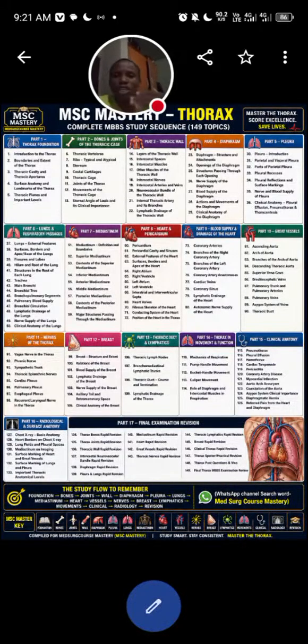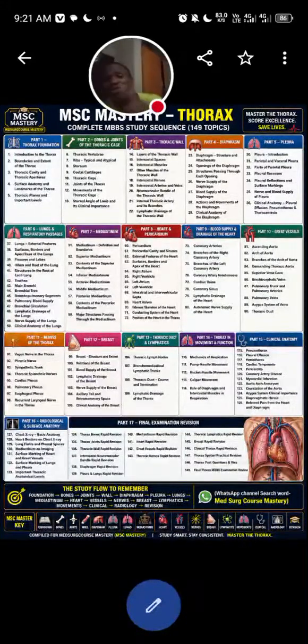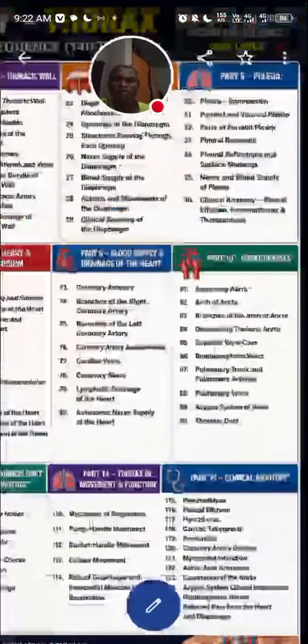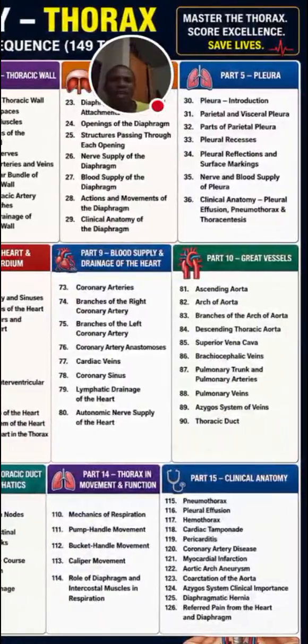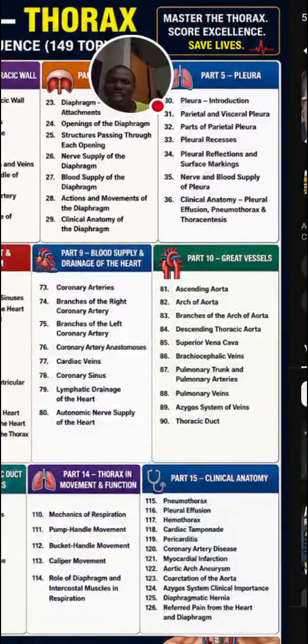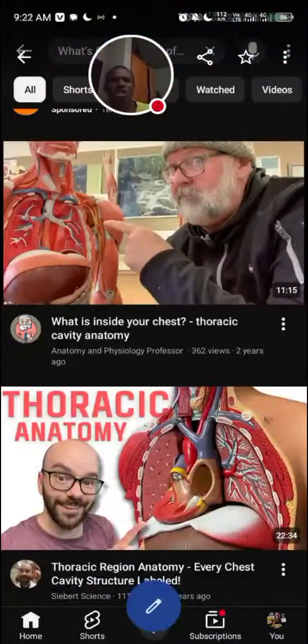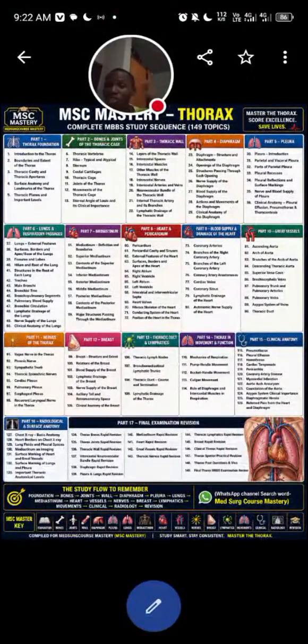So we've been looking at it. And don't forget, in the afternoon, we're going to be looking at defining the thorax. We're going to look at it in such a way we've not looked at it before. Now let's look at this thorax, this anatomy. We said master the thorax, score excellence, save life. So it's not just about